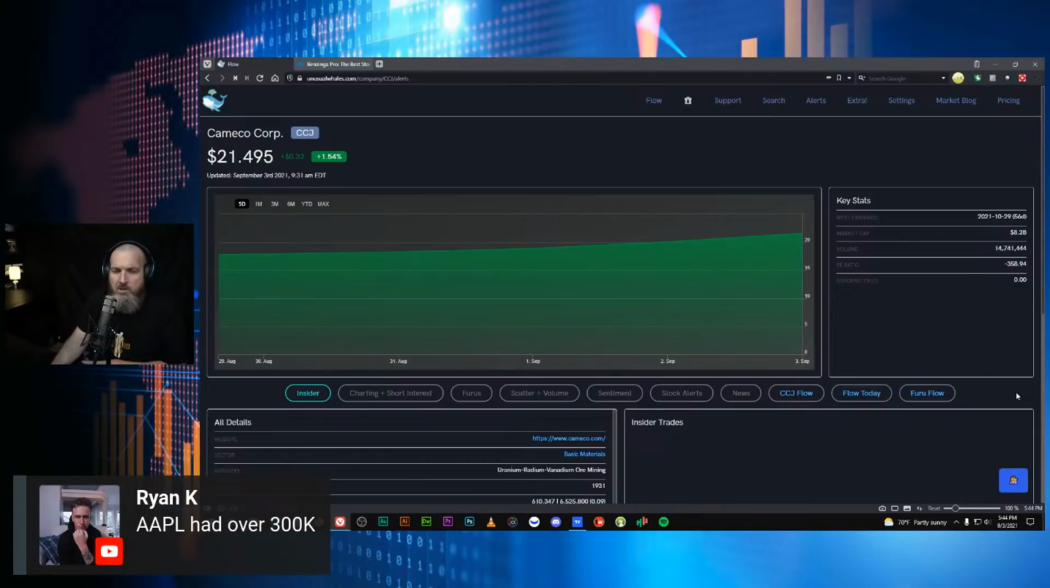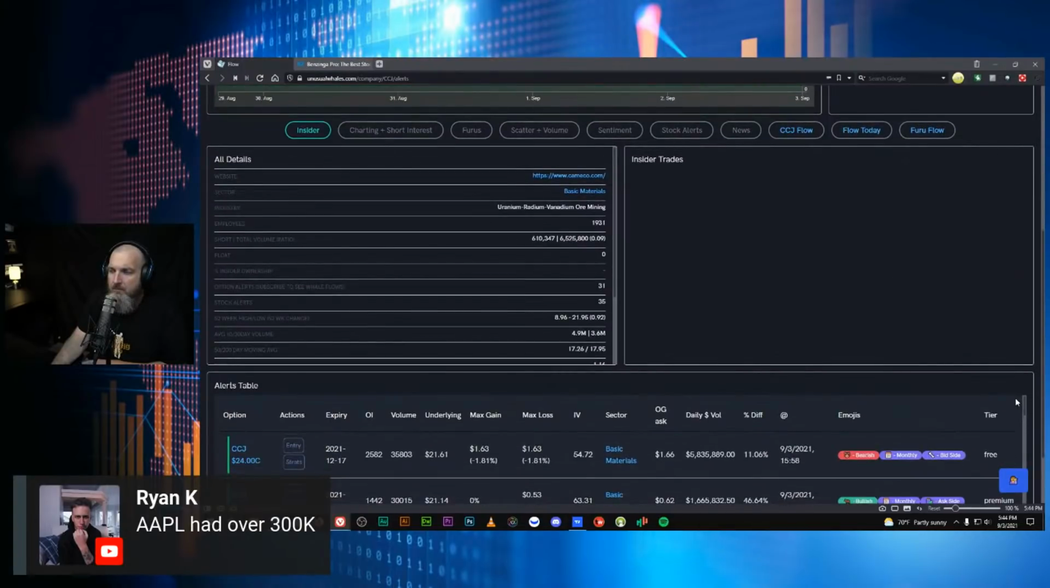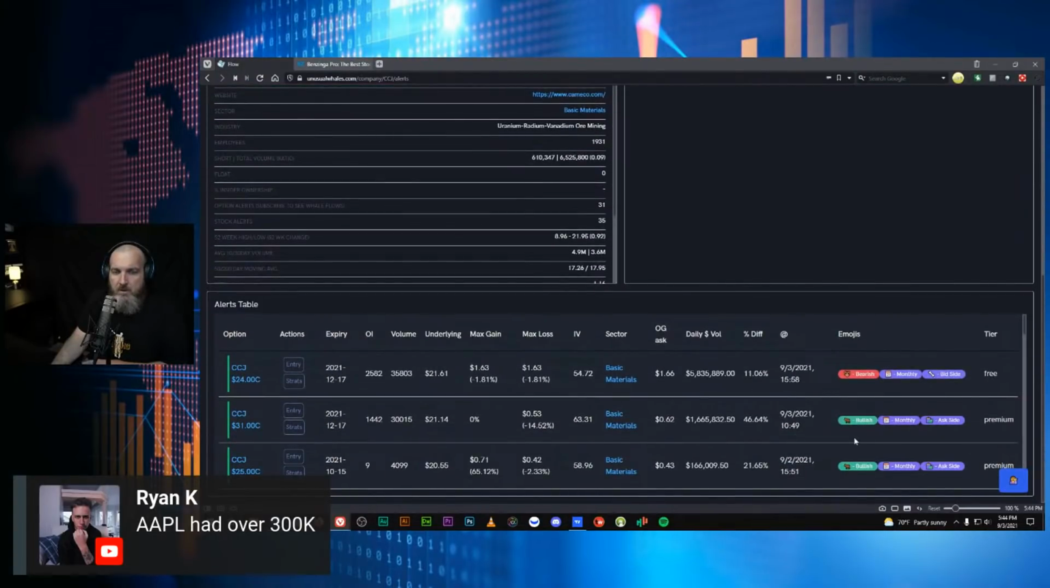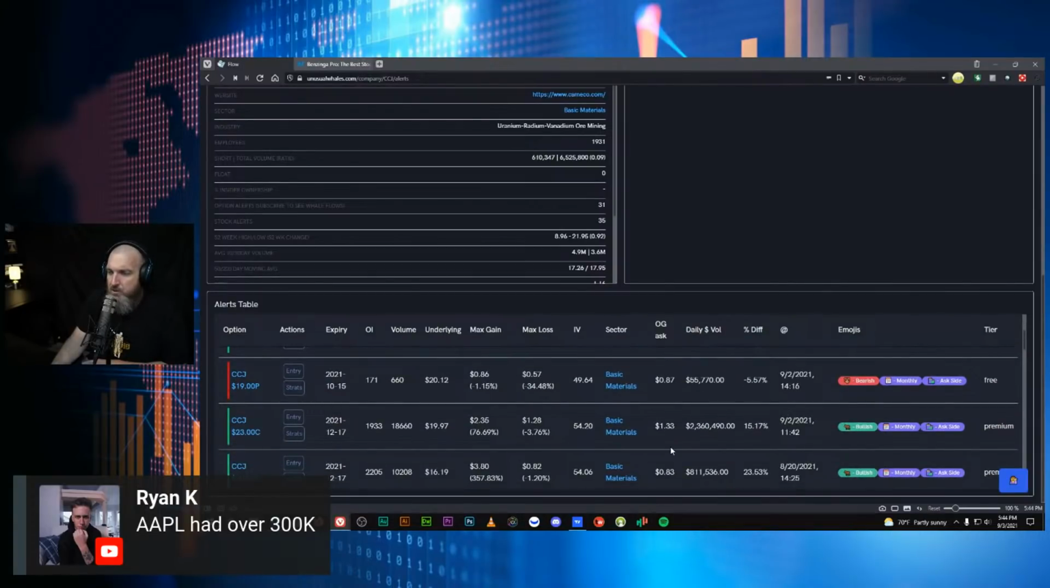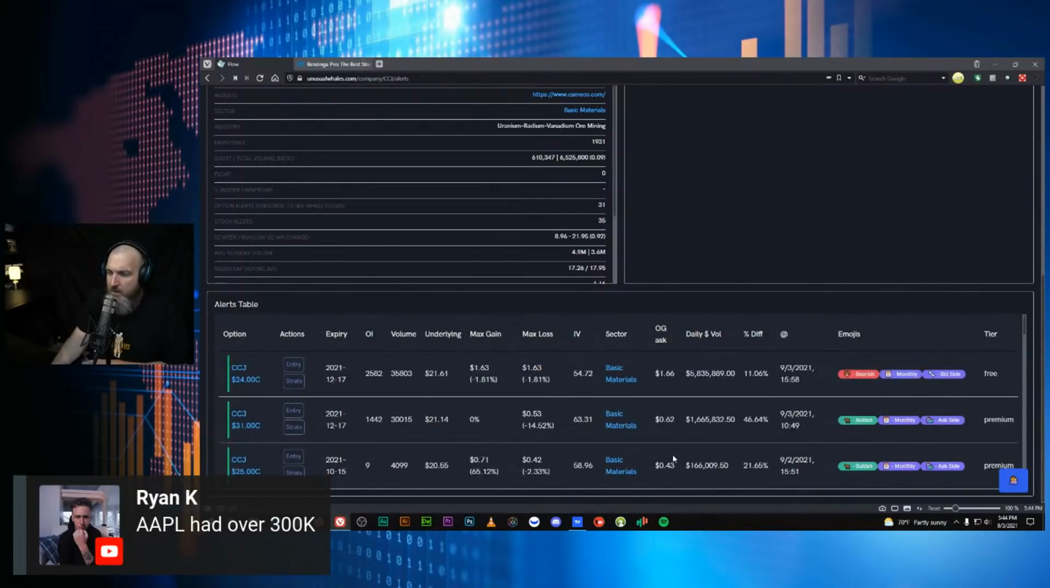I don't really know what caused this big spike in volume. But you can also see too, was there any? Yeah, here was an alert. So another thing that you will see on the Unusual Whales page